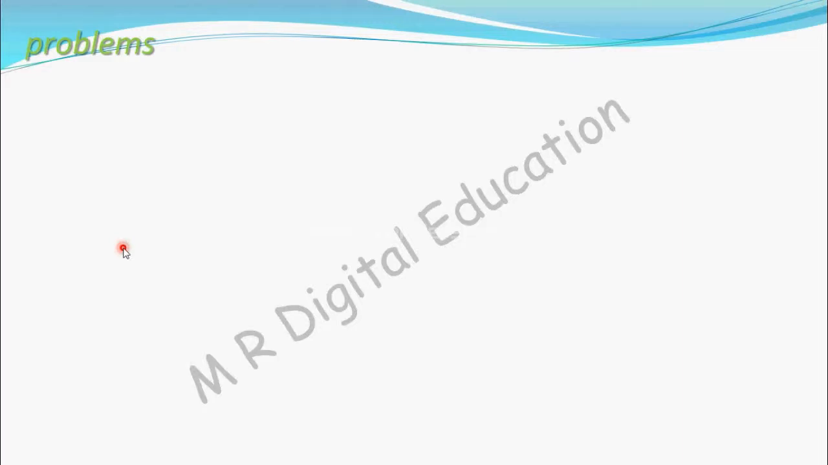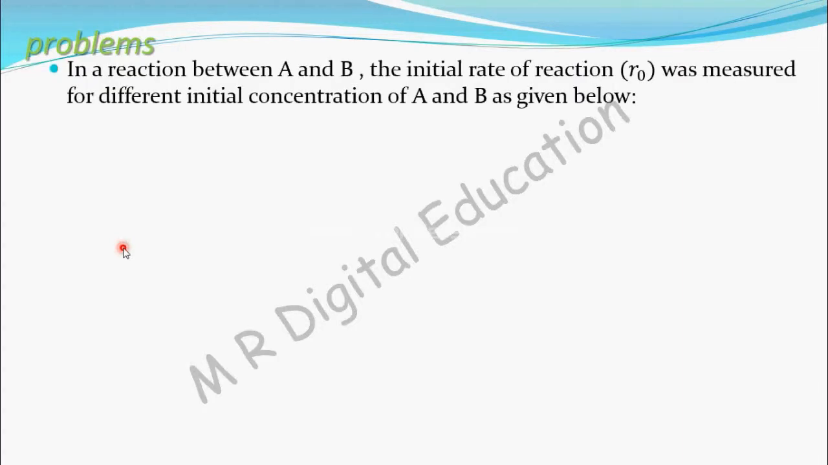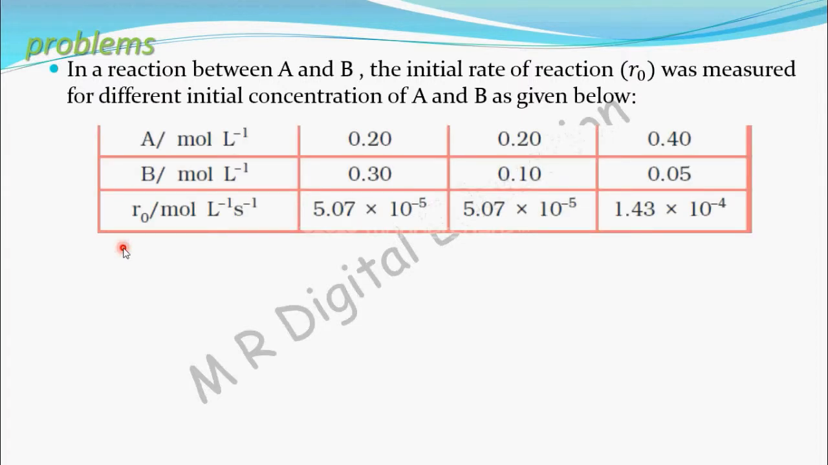Let's see a problem to determine order of reaction. In a reaction between A and B, the initial rate of reaction R0 was measured for different initial concentrations of A and B as given below. He is conducting the experiment by taking different concentrations of the reactants A and B, and he measured the rate of that experiment. See here, all these are concentrations of A and all these are concentrations of B, and these are